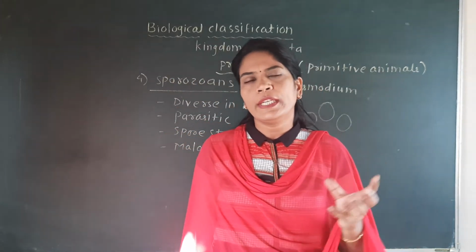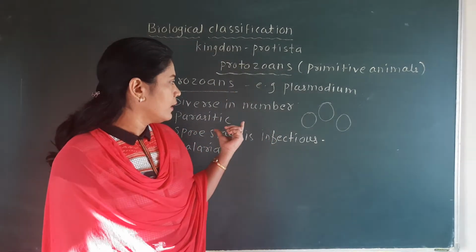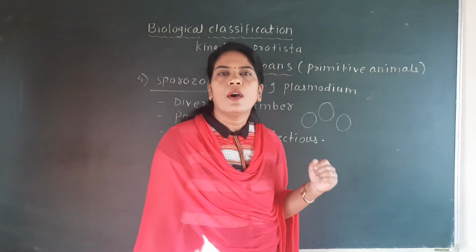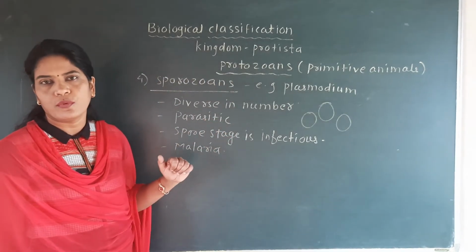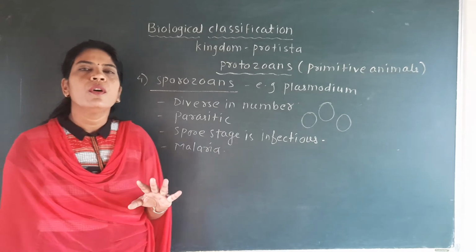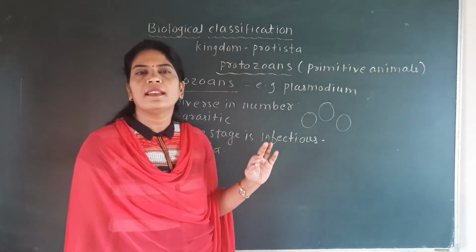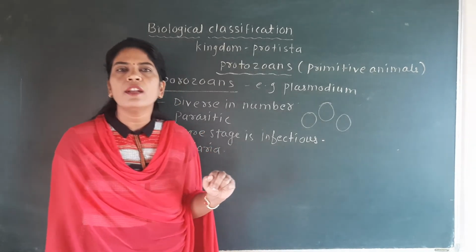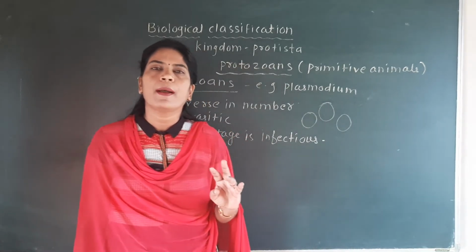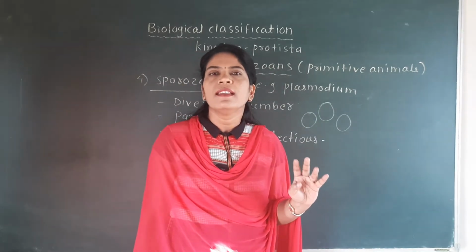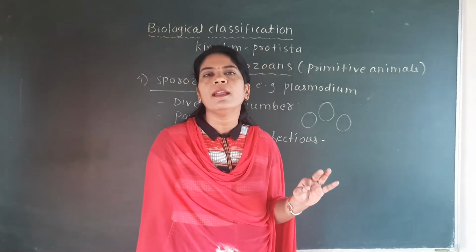Now how can we memorize these protozoans, or concentrate on all the points of this group? First you should know the names of the 4 groups: amoeboid, flagellated, ciliated protozoan, and the last one is sporozoan. Second, you should know the examples of each group. Amoeboid, that is amoeba, entamoeba. Flagellated, that is trypanosoma. Ciliated, that is paramecium, and sporozoan, the example is plasmodium.